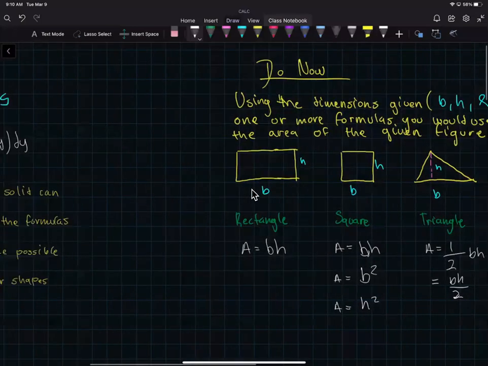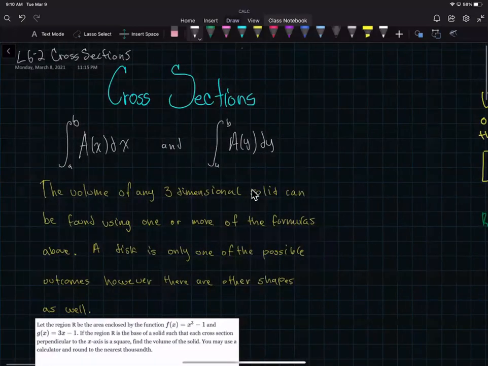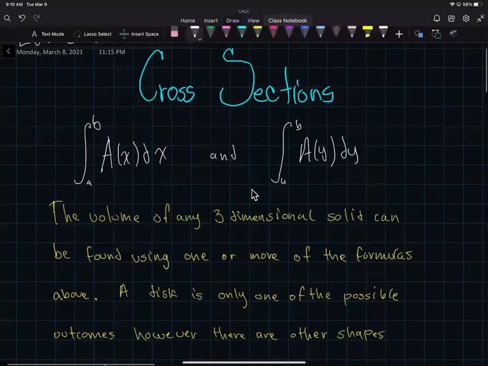So now, what is it that we're going to go over? Well, we're going to go over something called cross sections. Cross sections is the volume of any three-dimensional solid. Basically, the volume of any three-dimensional solid can be found using one or more of these formulas above, right? So far we've been using AX and AY. And you may be asking yourself, why does Contreras always want me to write this down? It's not only because it tells you what the terms of your formula should be in. So remember, if you have X, that means that your formula for area should be in X,